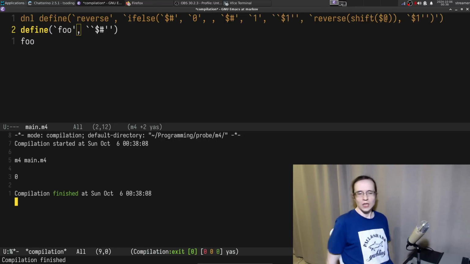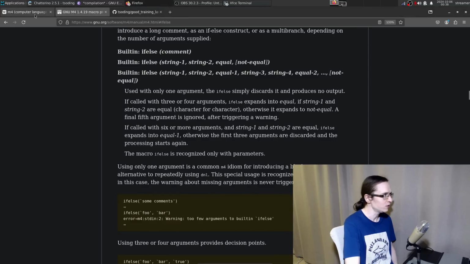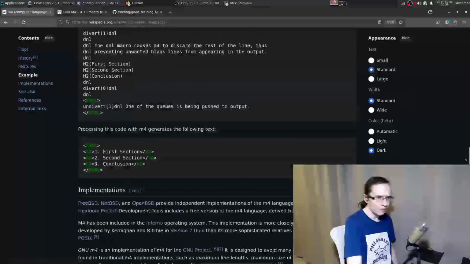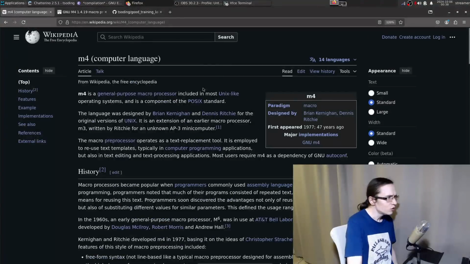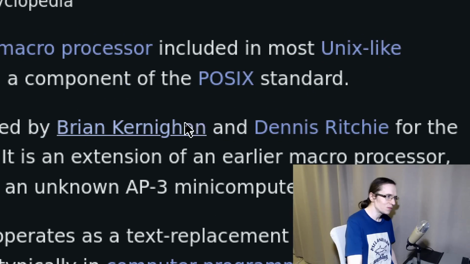Okay. Who designed compilation errors for this language? Who designed this language, mate? Damn it. So, Brian can... Oh. Brian... Oh.